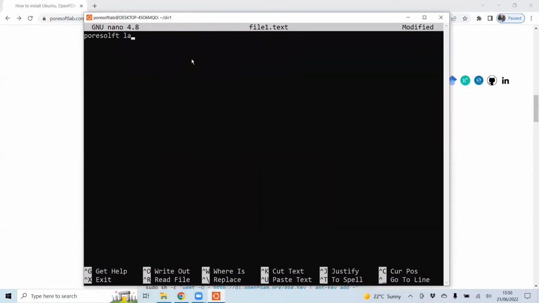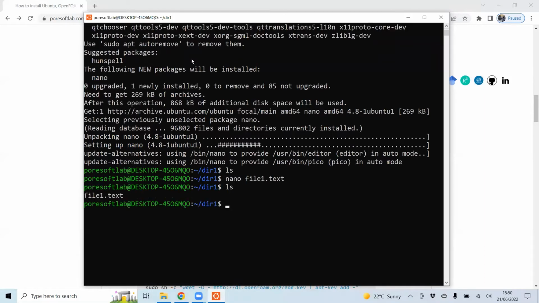I will type PoreSoft Lab, save it using Ctrl+O, press enter, and then exit using Ctrl+X. Now we are in the command line again. If I want to copy this file, I will use the command cp file1.txt and give it the name file2.txt, and now we have two files inside.